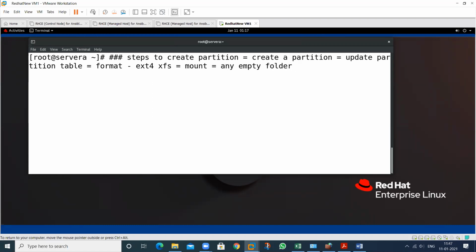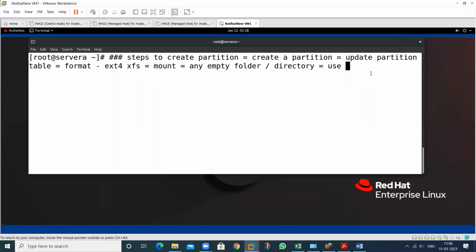It means an empty directory. So this is the first behavior. Create the partition, update the partition table, format that partition, then mount that partition. Then you are able to use that partition and store the data in that partition. So these are the steps that I will use.